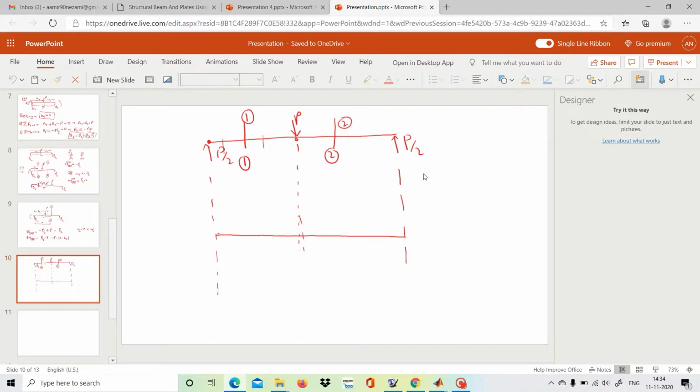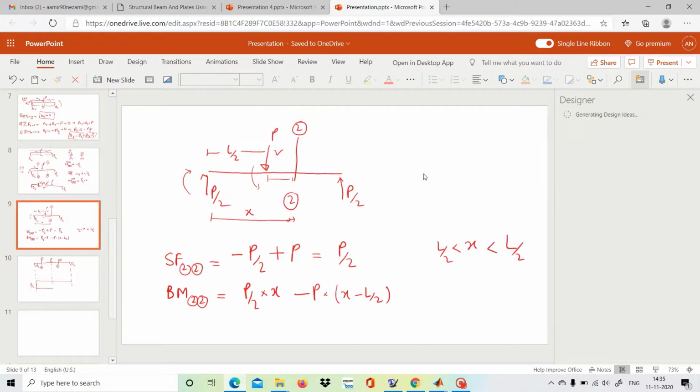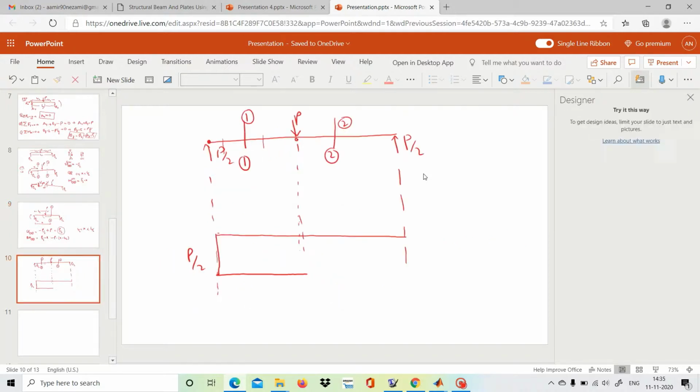So minus of P by 2, so we are taking the magnitude P by 2 and direction minus in the downward direction, and the shear force we will see here for the section 2-2. So we found out that it is plus P by 2 for the section 2-2. So in the right hand side we will go, and that's P by 2, we will just take positive upward direction. So section 2-2 will vary from this region to this region, and here it will join this.